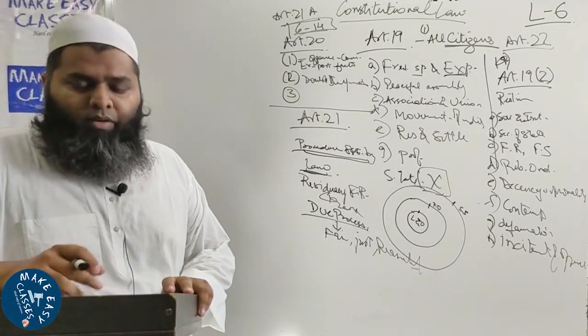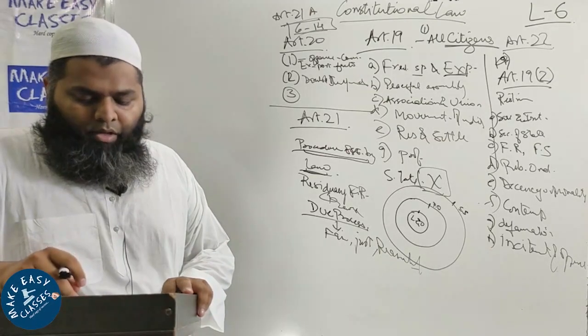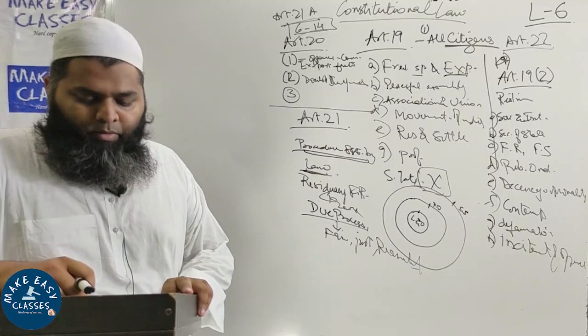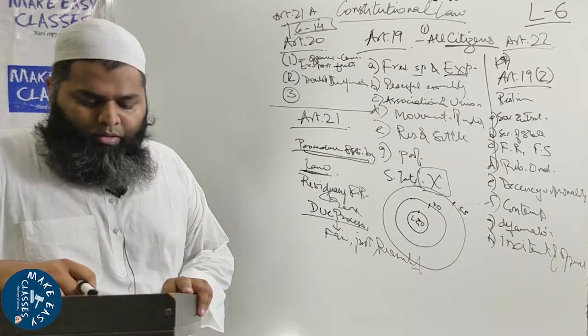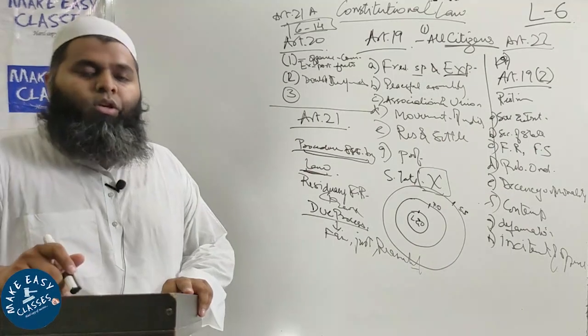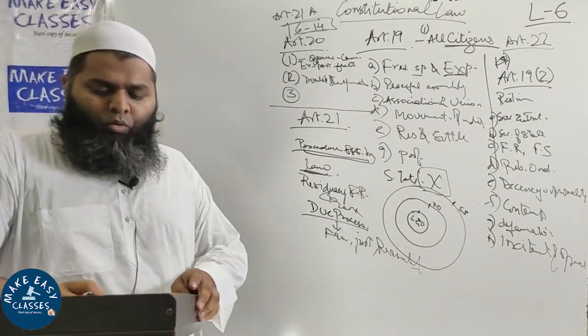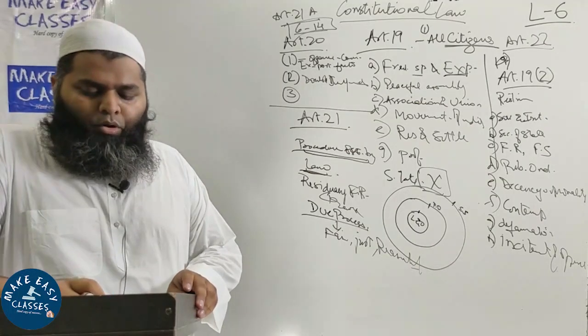नो पर्सन, क्लॉज 1 के अंदर है, नो पर्सन हु इज अरेस्टेड शैल बी डिटेन्ड इन कस्टडी विदाउट बीइंग इन्फॉर्म्ड एज सून एज मे बी ऑफ द ग्राउंड्स फॉर सच अरेस्ट, नॉर शैल ही बी डिनाइड द राइट टू कंसल्ट एंड टू बी डिफेंडेड बाय अ लीगल प्रैक्टिशनर ऑफ हिज चॉइस. तो आर्टिकल 22 क्लॉज 1 में क्या दे रखा है? कोई भी आदमी जिसको अरेस्ट किया गया है, कस्टडी में लिया गया है, डिटेन किया गया है, उसको जो है